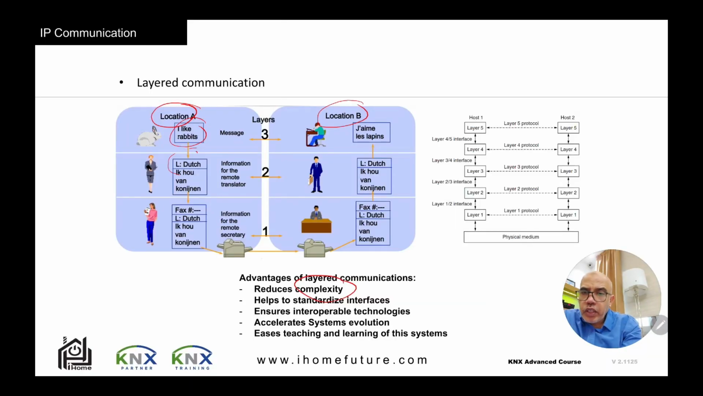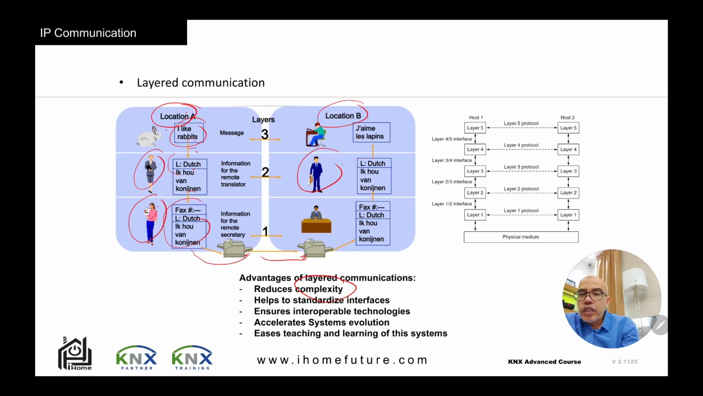So I have location A and location B, with an expert in each location talking a different language. The person in location A is talking English, location B is talking French. They need to communicate together. The way to make it work via layered communication is that I get a common translator. Here this lady talks English and Dutch, and in location B, Dutch and French. And to send the data, there is a secretary who will take the data and send it by fax